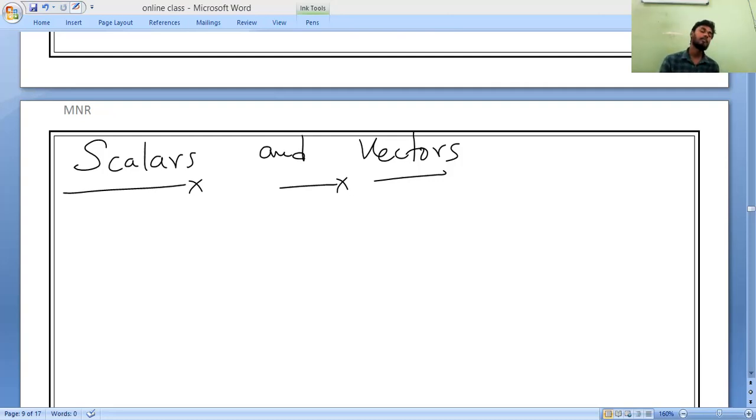For example, distance. What is the distance between Pudukkottai and Chennai? You will say 390 or 400 kilometers. Are you saying 400 kilometers towards east, towards west, towards south? No, sir. You are saying only